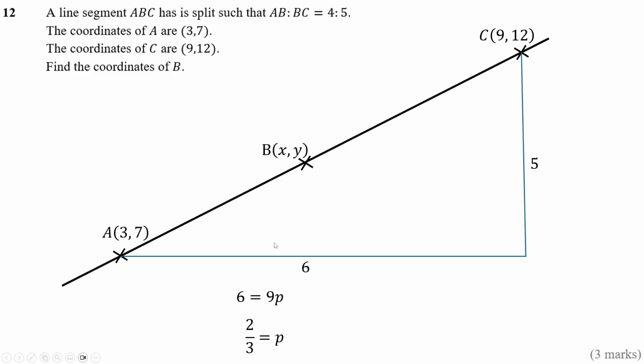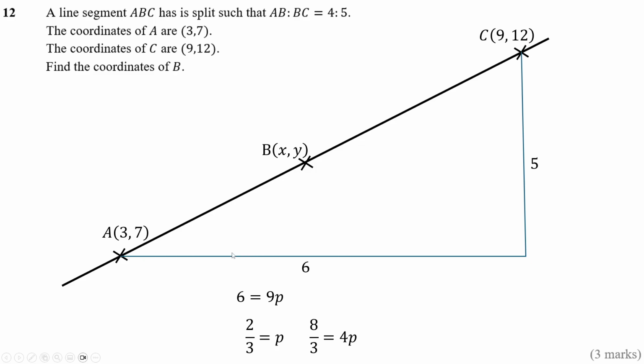We don't actually want 1 part. We want 4 parts because we want to go from A to B. You could go from C to B and actually do 5 parts and go backwards. But I'm just going to get 4 parts. So I'm going to multiply this by 4 on both sides to get 8 over 3 equals 4p. Okay, so we know that we need to move a distance of 8 over 3 horizontally to the right